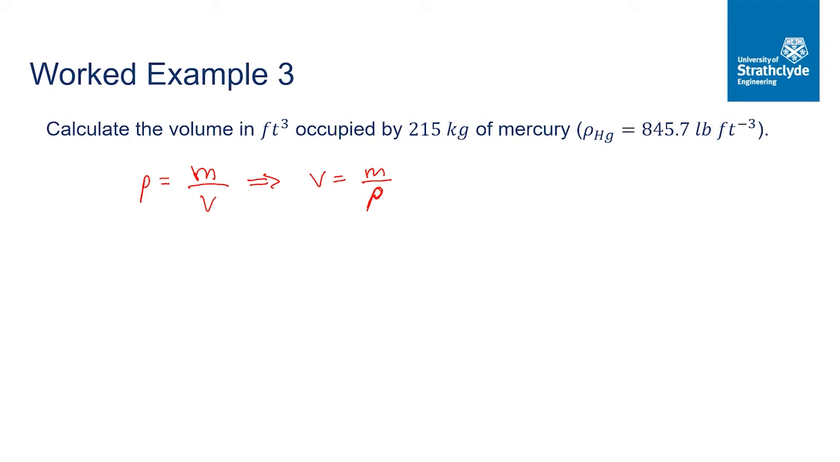So note that 1 pound is equal to 0.454 kilograms. And now to convert our mass into pounds, our mass is equal to 215 kilograms multiplied by 1 pound divided by 0.454 kilograms. Kilograms cancel out, and we obtain a mass of